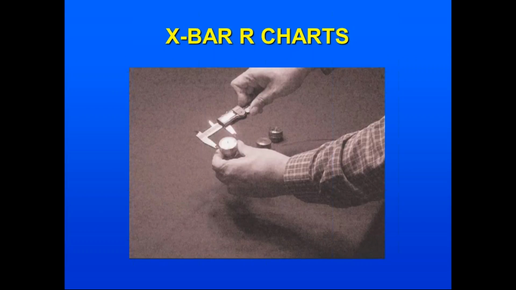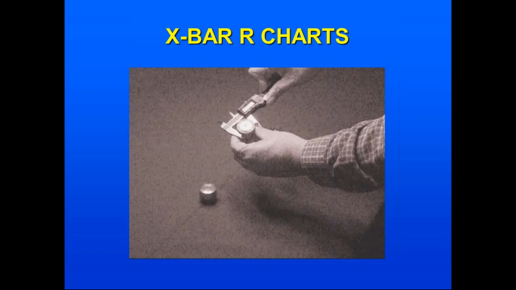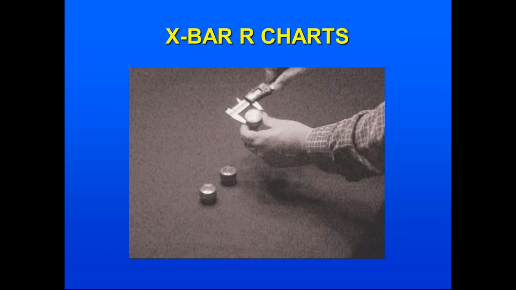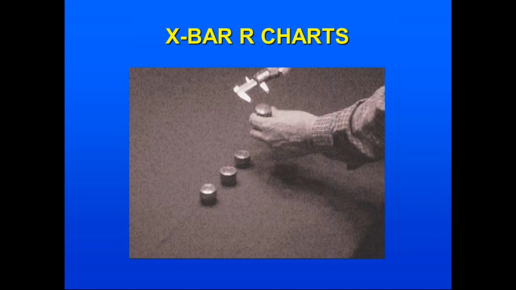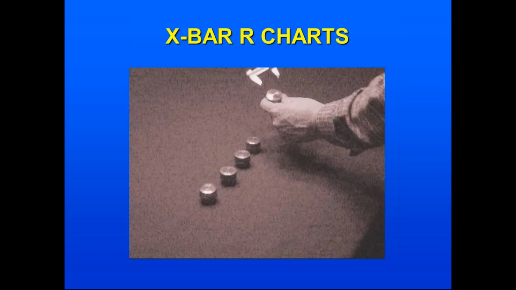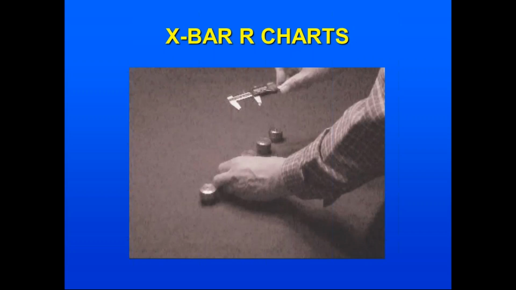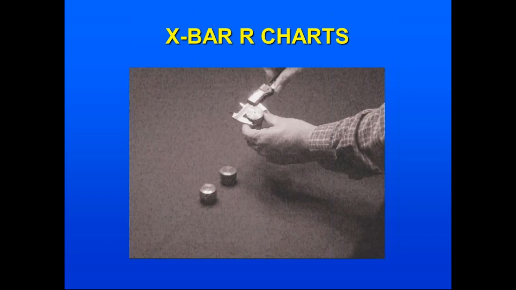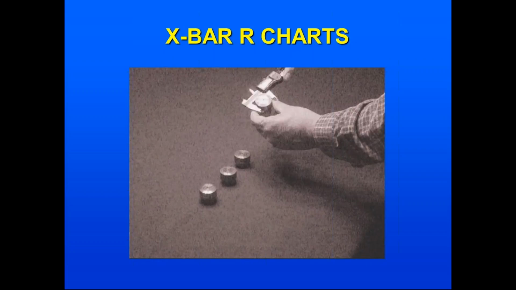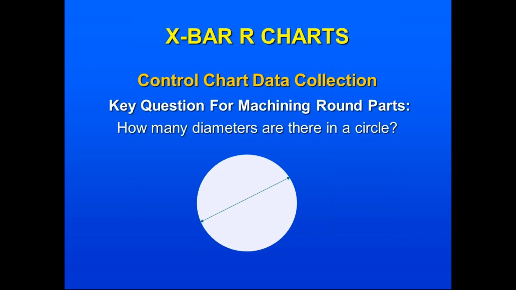You take a part, you measure a diameter. You take another part, measure a diameter, and go on to each of the consecutive parts. You take those data points and calculate your average and your range. Everybody knows this is how it's done if you're using an X bar and R chart. However, I have a trick question. The trick question is, especially for machining round parts, how